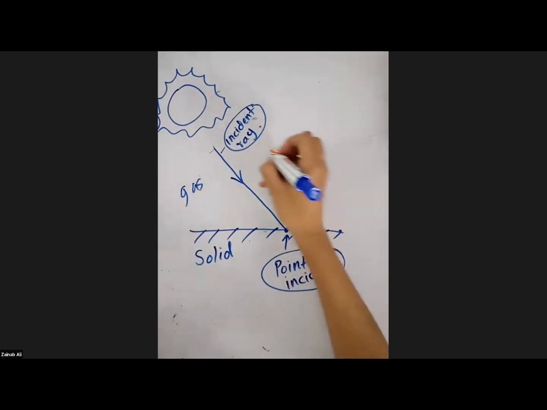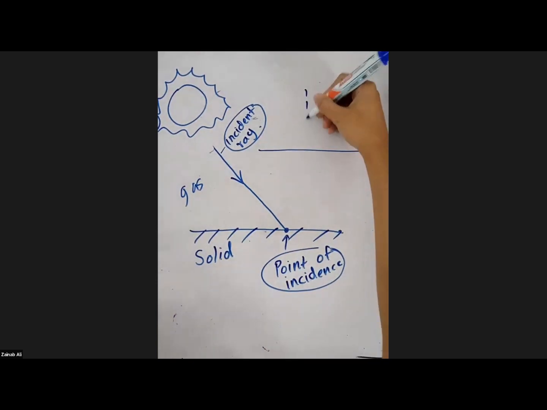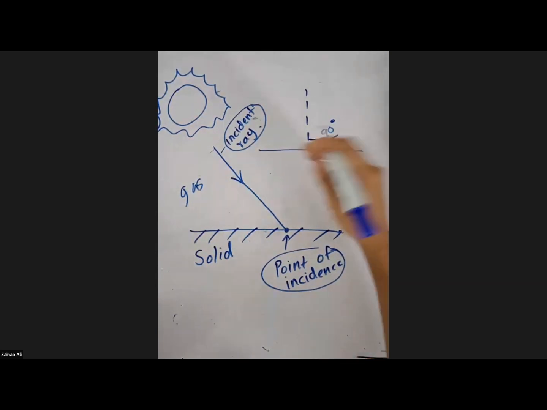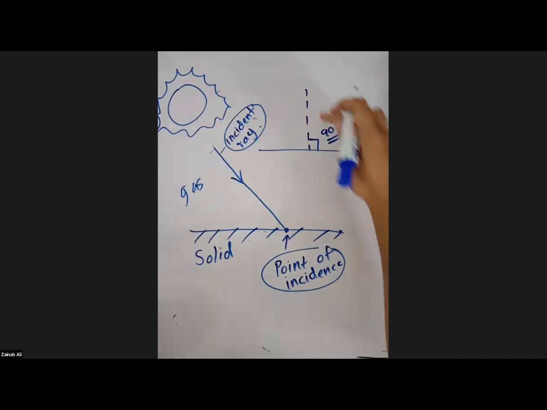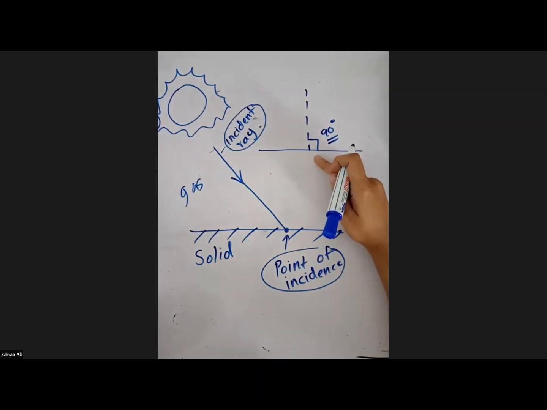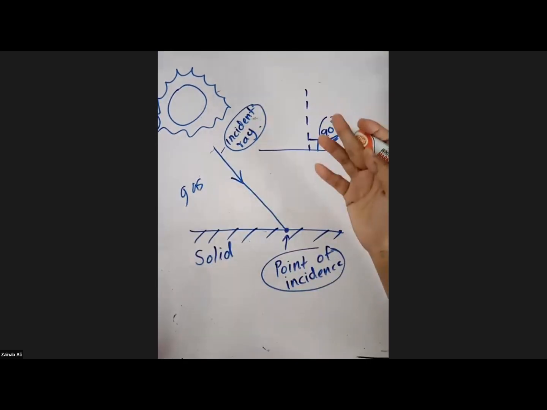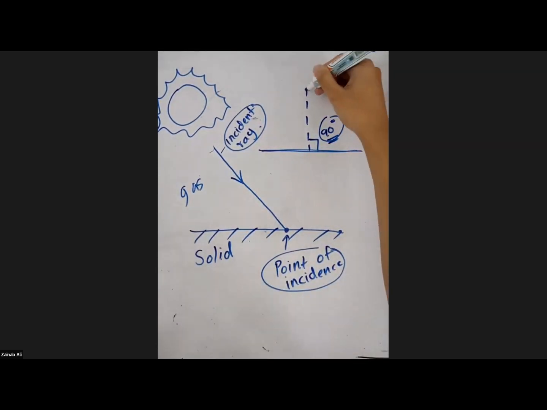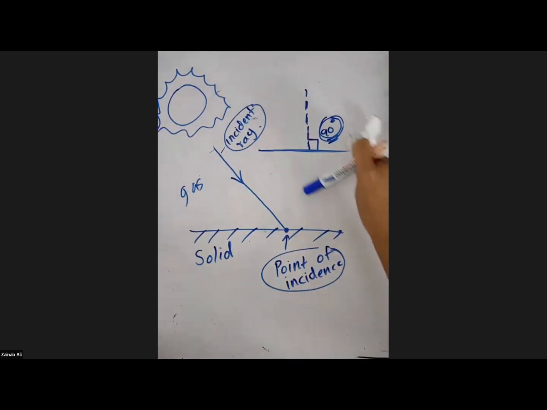Perpendicular means a line which is drawn 90 degrees to a surface. A line which is drawn 90 degrees to a plane surface, you call it perpendicular. The 90 degrees word should be there. A straight line can be any straight line, right? So if you want to say the word perpendicular, you should say a line which is drawn 90 degrees to a surface.